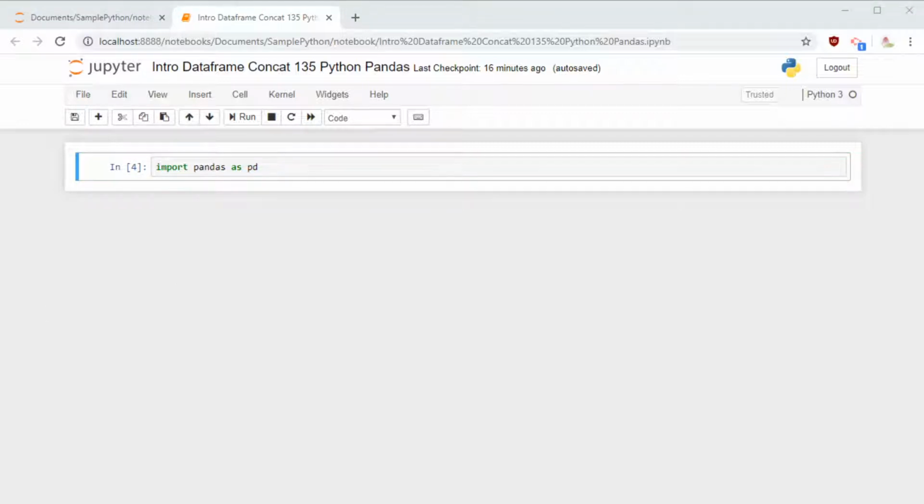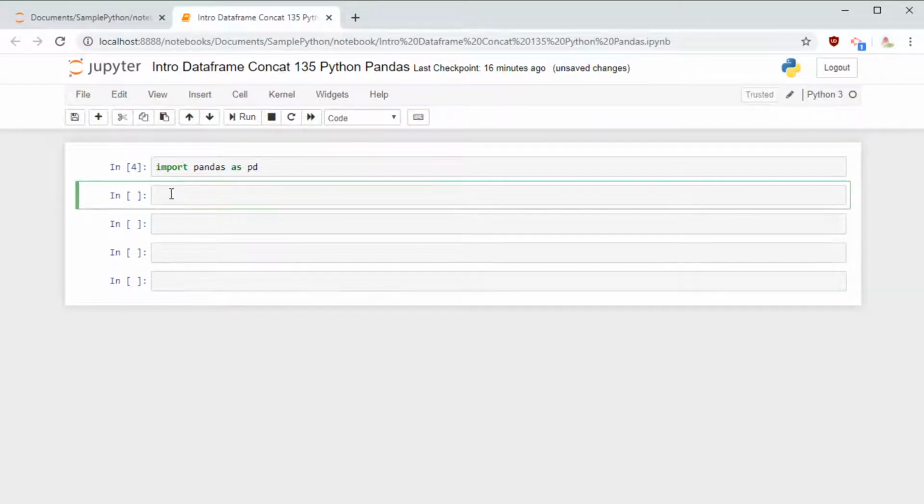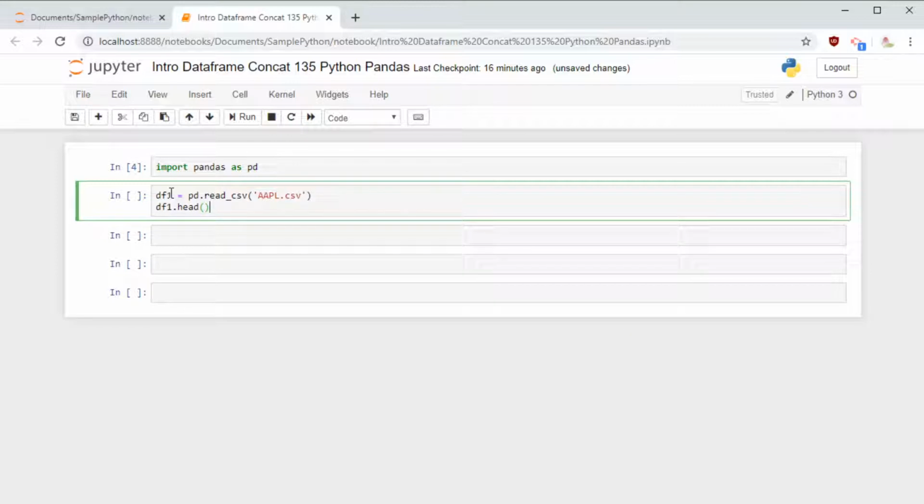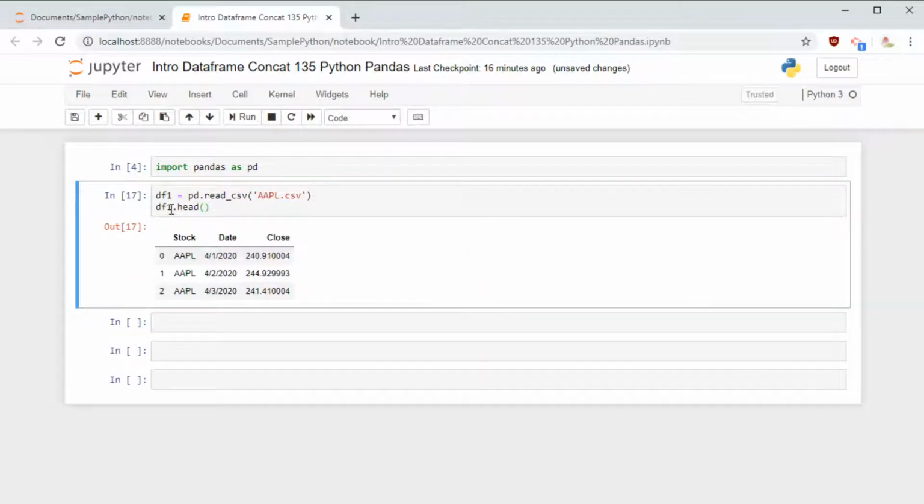system, and they are stock related information. I have a file which has the stock closing price of Apple share, and I have it in the file apple.csv. APL, that's the ticker of Apple. And when I read the CSV and then when I say head, I'm able to see the three records which has the ticker name, the date, and the closing price. April 1st, and the closing price was 240.91. And similarly, I have the record for April 2nd and April 3rd as well. So we have only three records for Apple.